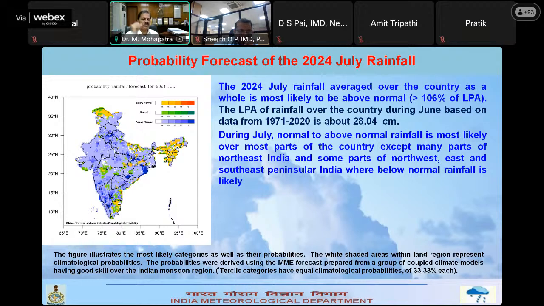However, if you consider the Western Himalayan region, where we are expecting above normal rainfall activity, it can lead to various types of disasters like localized flooding or urban flooding, cloudbursts, landslides, etc. And of course, riverine flooding. All these, however, we will be monitoring and providing information on a day-to-day basis.